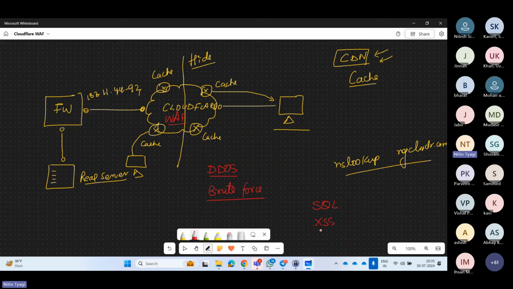Now, to get protection against application layer threats, we have to use WAF, right? WAF will be able to provide you security at the application layer. You will get visibility into how users are connecting with your server, which client browser they are using, what their location is, and what they are doing on your website. You can restrict a few pages. Within your website, you can put some challenges. If you find that a user is trying to do some malicious activity, you can challenge them to prove their humanity,